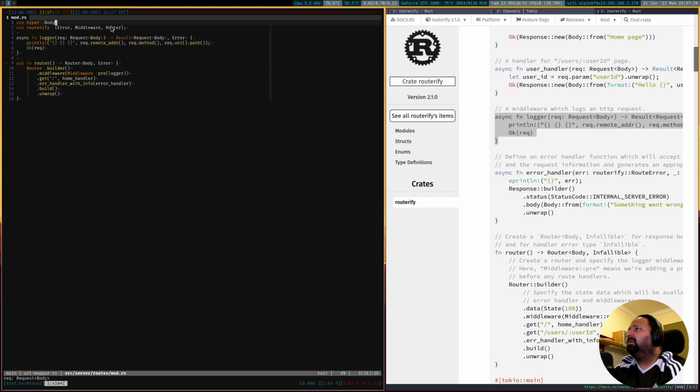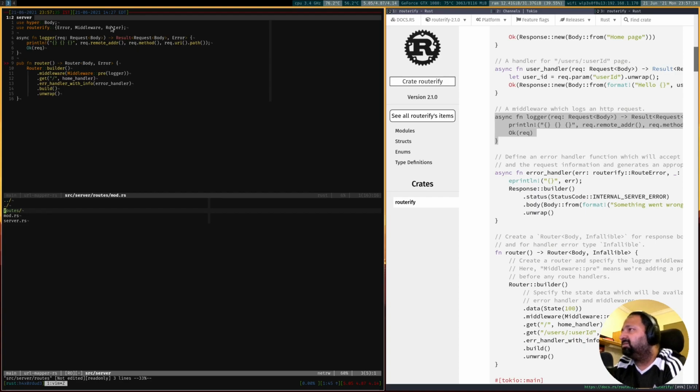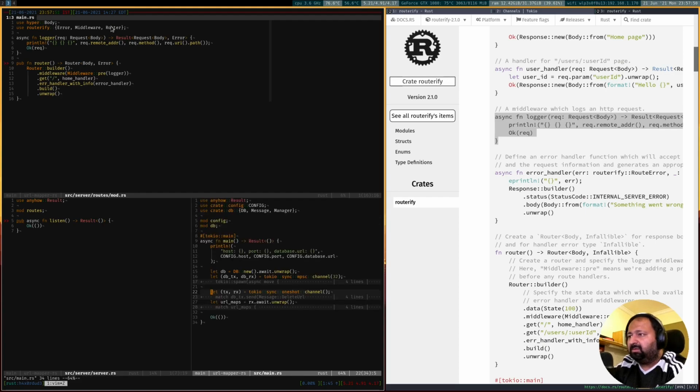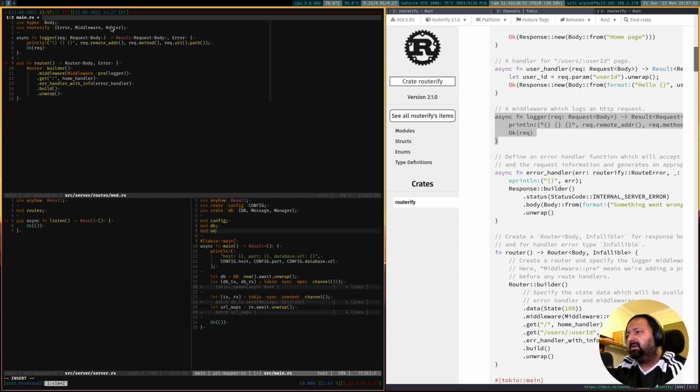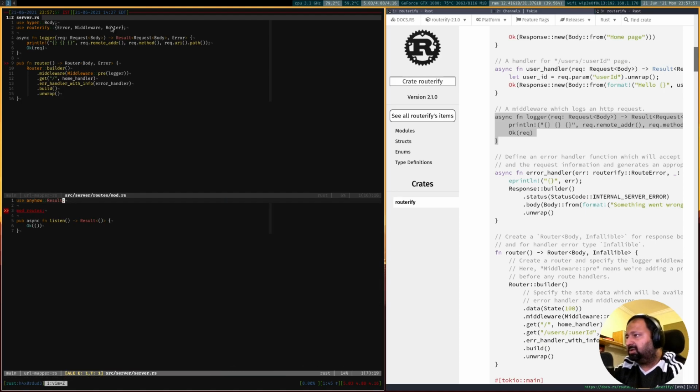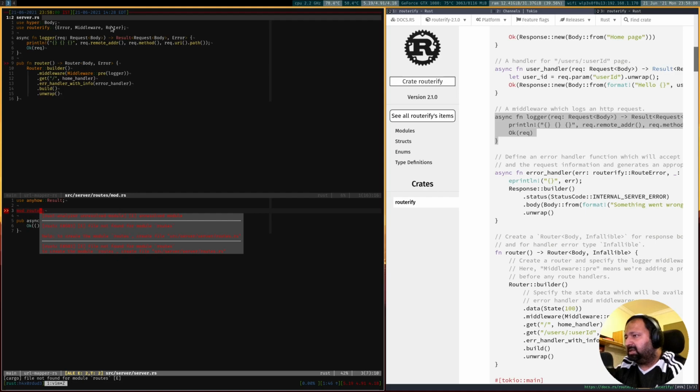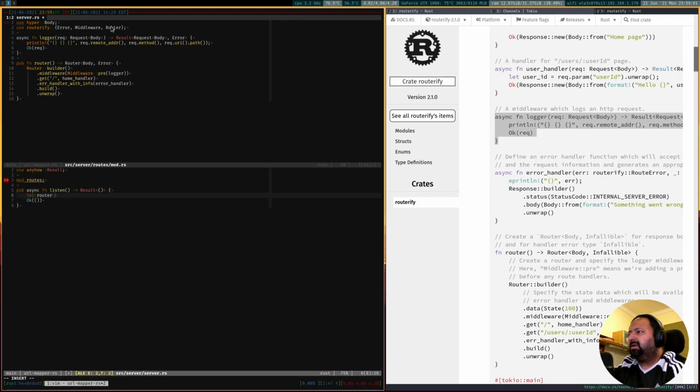And actually we would need a few things, and the reason I'm not seeing any errors is because this module has not been loaded. So the first thing we need to do is, also our server module has not been loaded, so let's just add that. So this would load our server module, it will make sure everything is there. It says unresolved module, and so our router is simply going to be routes router.